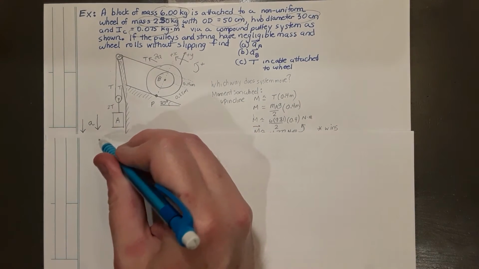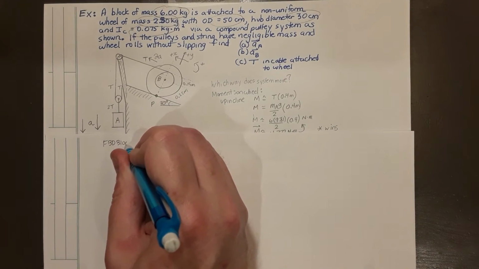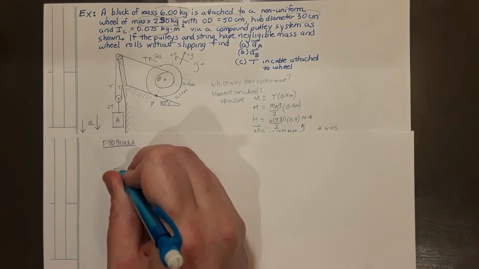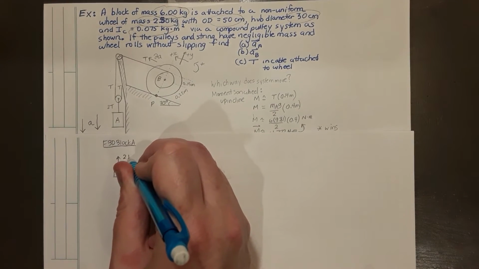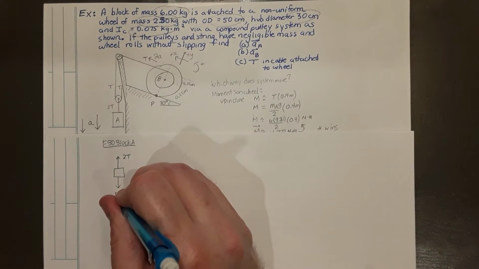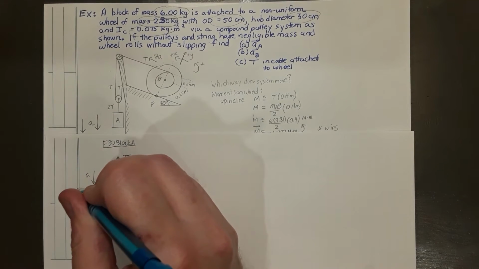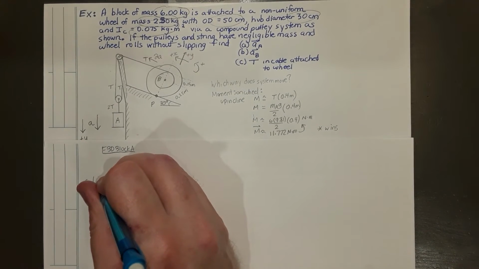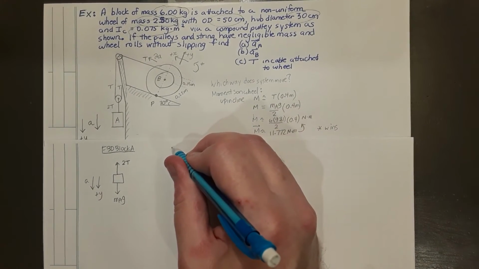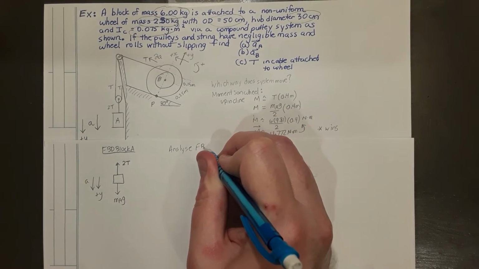So if I draw the free body diagram of block A, it has a single cable with two tension T acting up and the weight vector MAG acting down. And just as a reminder, I picked A acceleration down with positive y direction down. If I analyze that free body diagram,